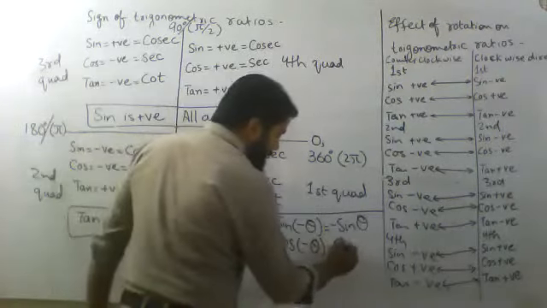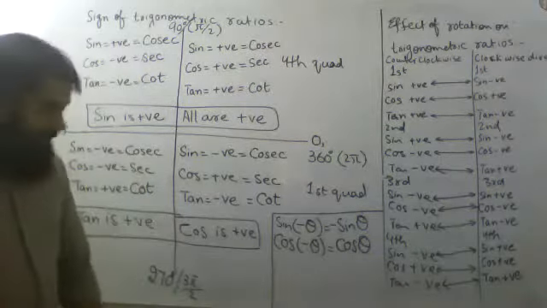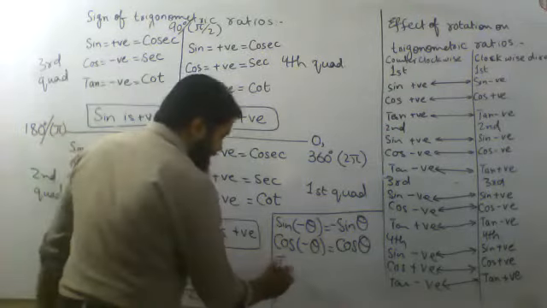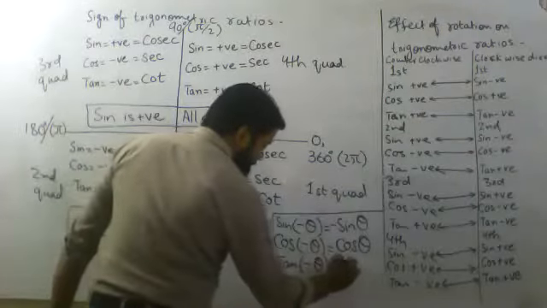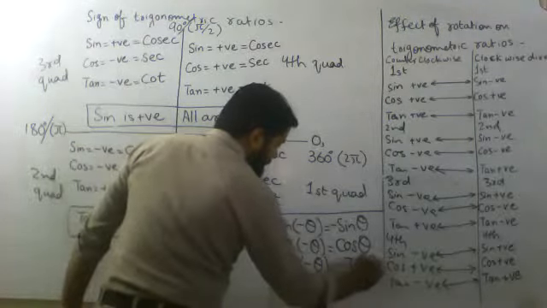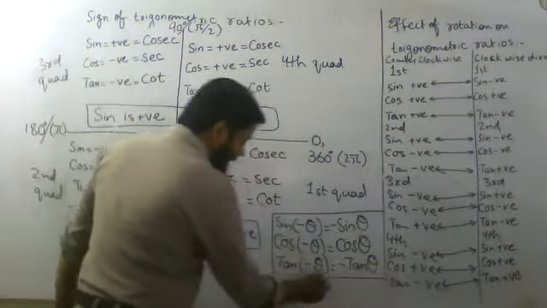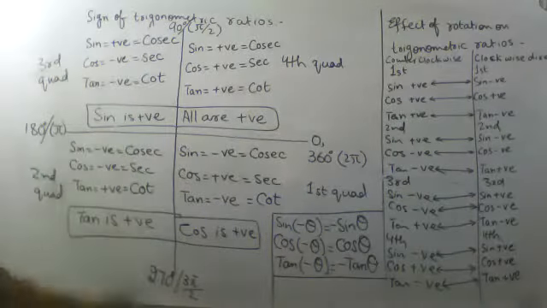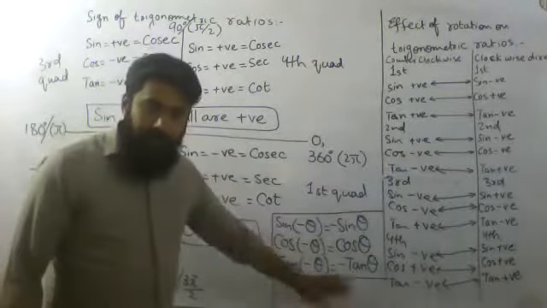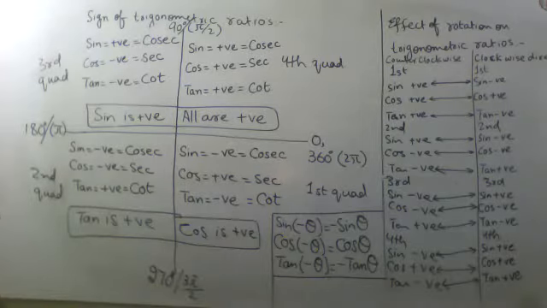It means that cos sign will remain same as it is. For tangent, again, if it is minus theta, it will become minus tan theta. Now, after this much detail, if you are having any confusion or any problem, you are not getting what has happened over here, only remember this part, and that's all. We will use this part to work on our trigonometric equations.